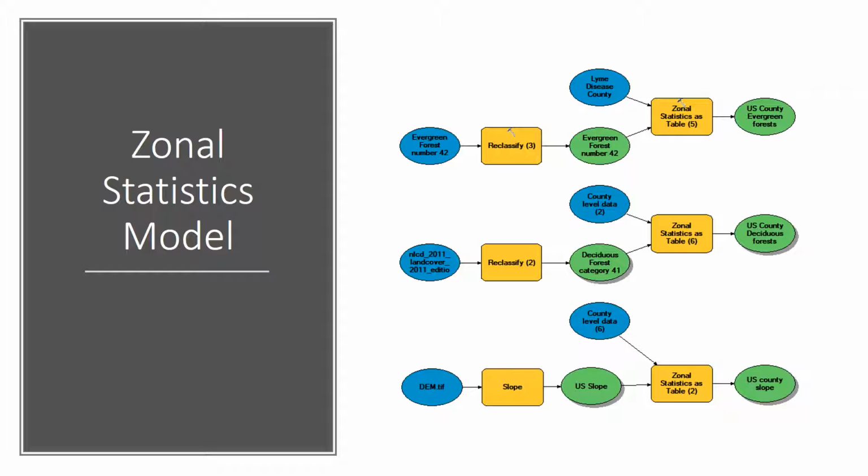This model represents the GIS of how each layer was made. I started by reclassifying the 3 input features which change the values in the raster. I used the zonal statistics tool for my 3 variables, slope, deciduous trees, and evergreen trees, to calculate statistics on these values of a raster within the zones of another dataset. The end result of this model was to use zonal statistics to predict if there is a pattern between Lyme disease and landscape features we know.